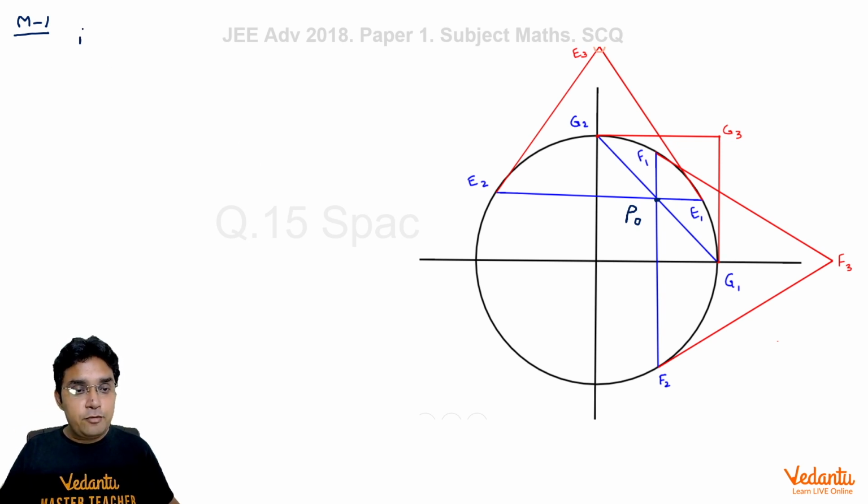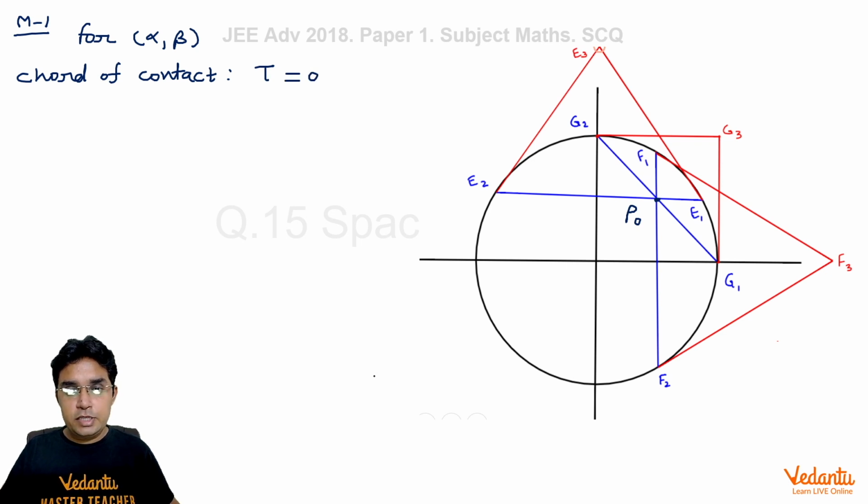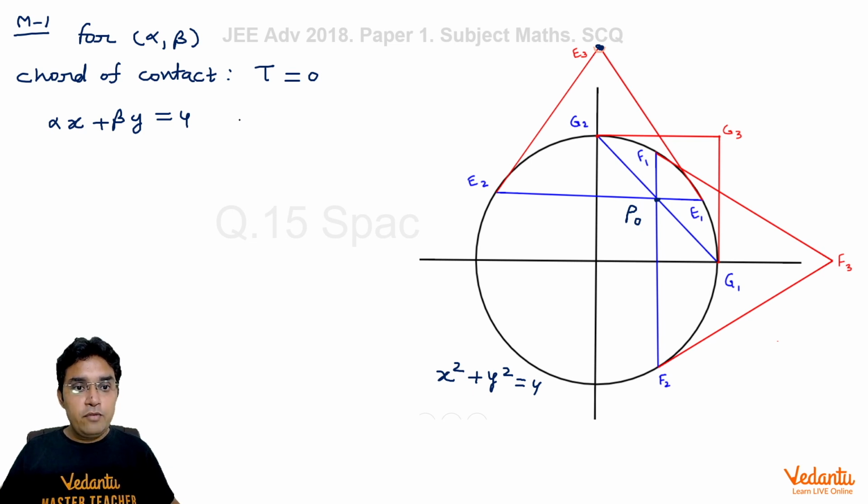So if we take any general point alpha comma beta, the chord of contact is T equal to 0. And for this circle whose equation is x square plus y square is equal to 4, this T equal to 0 will become alpha into x plus beta into y is equal to 4. Now to find E3, we will compare this with the equation of E1E2,